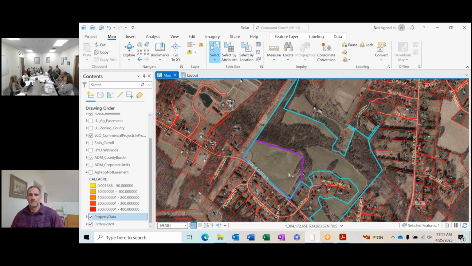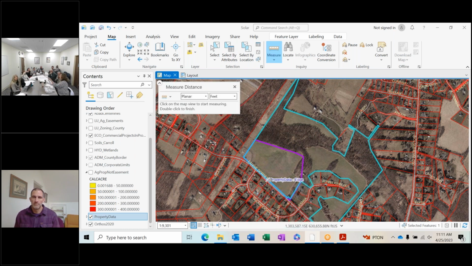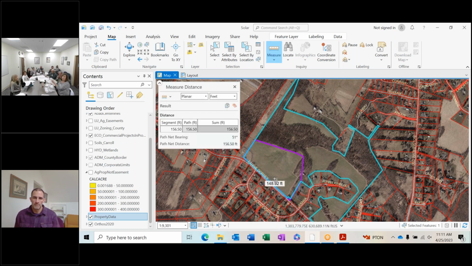But it also changes the way the arrays are laid out. So, can you bring this up on yours? I've got the forest, the trees on one end. This is what was submitted. I'm sorry, this is my concept plan. So this is my 125 acres. This is the array.